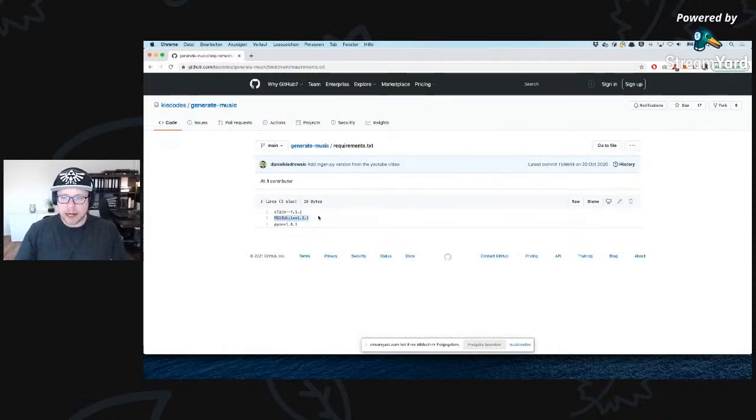MIDI-util is for writing MIDI files, which are used to export the generated melodies and to use them in Ableton to build the song that you may have seen at the end of the video that I posted 6 months ago. And click is a little